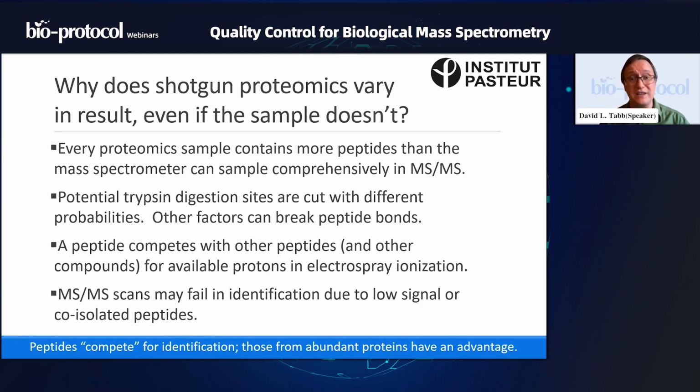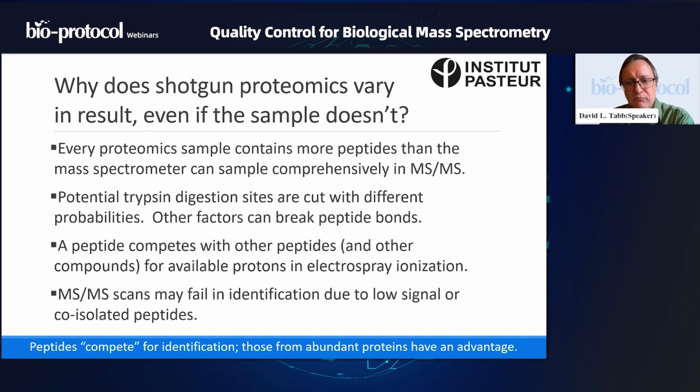And there are other things that can break peptide bonds. Remember, we're throwing something like 3,000 volts through these as they exit the chromatography, and sometimes you zorch the peptide such that a long peptide breaks at a bond, and you now have something that looks like something other than trypsin was cutting it. And certainly in biological samples, there are other proteases at work, so we have to take those into account too.